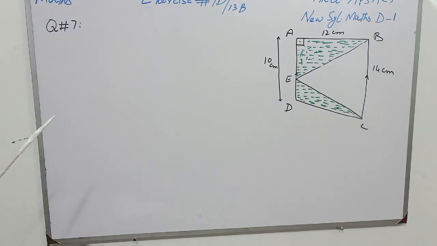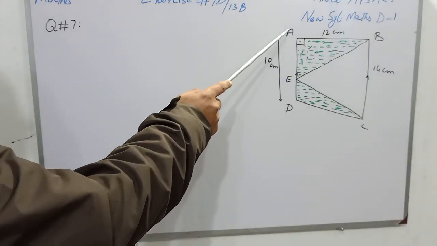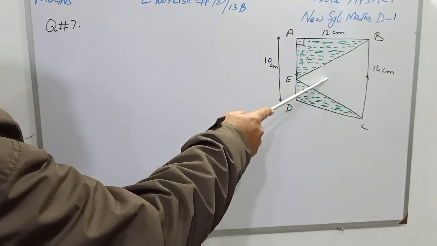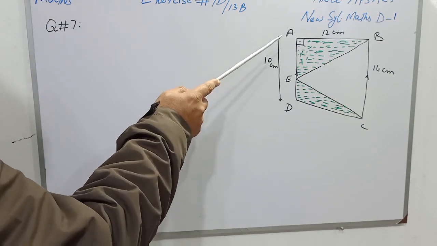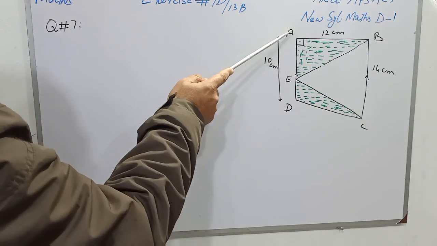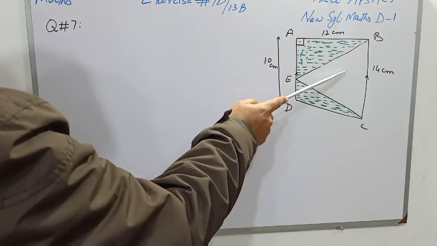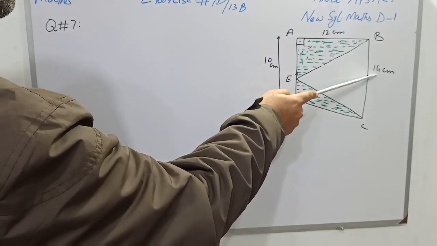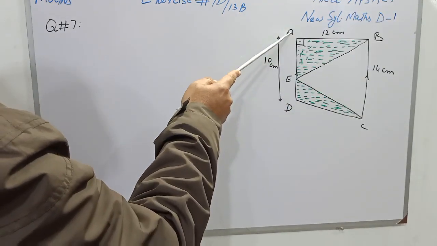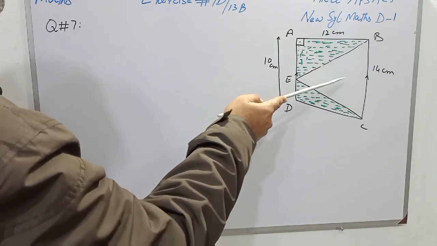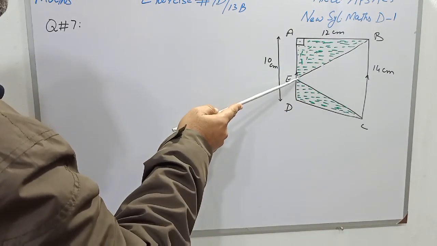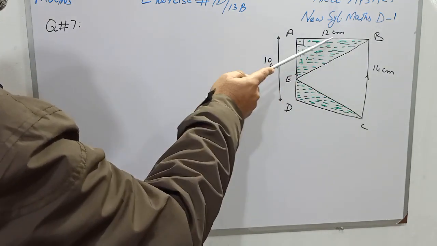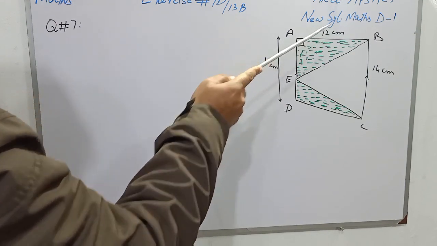So students, for finding the area of the shaded region, first we will find the area of the trapezium, and then we will subtract the area of this triangle. Area of trapezium is equal to half of height multiplied by sum of parallel sides. And when we find the area of triangle EBC, the base will be 14 and the height of this triangle will be the same as AD, because it is perpendicular and these two lines are parallel lines. So if we drop the perpendicular from E to BC, then its length will also be 12 centimeter.